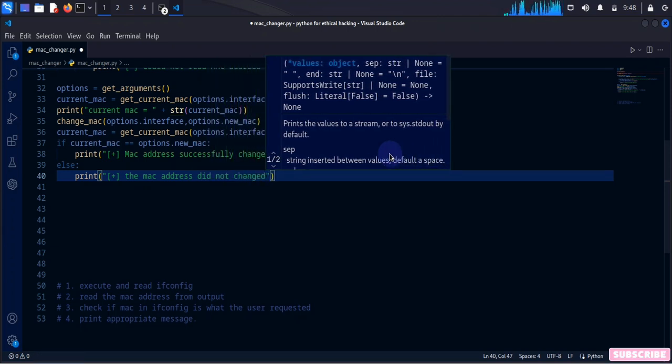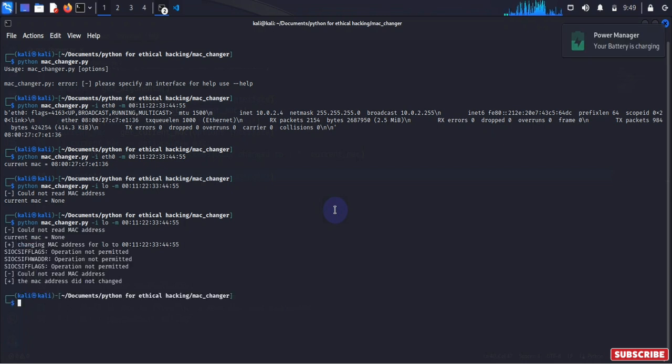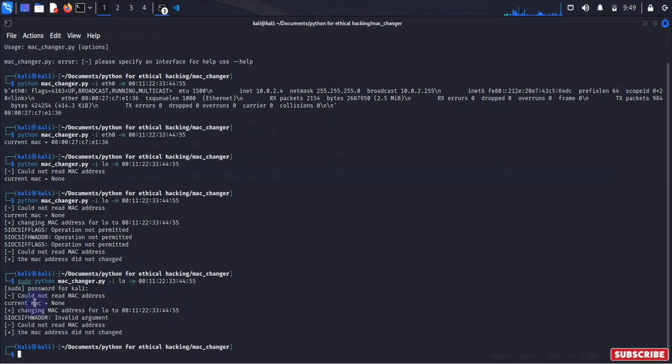Okay, let me save this and go back to the terminal, and let's try to change it to this one. You see it is giving me an error. That is because we haven't used sudo. And you see that the MAC address did not change. That was one of the fixes that we just provided. Okay, sudo. Now if I hit enter and provide the password for this,